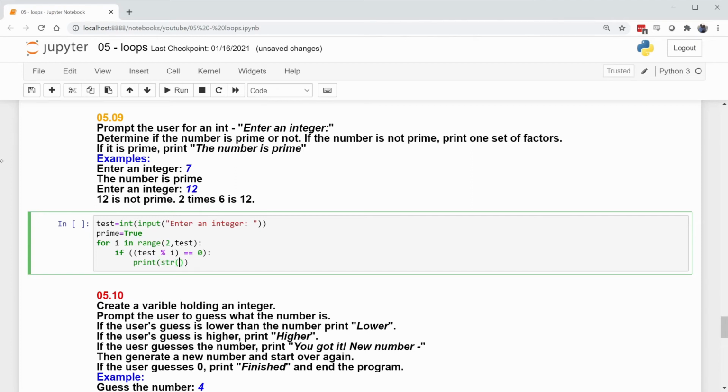Test is my variable that I put in. Is not prime. Then I need to put what the factors actually are. So there's one of my factors, the counter itself. Got to put a plus there. Plus